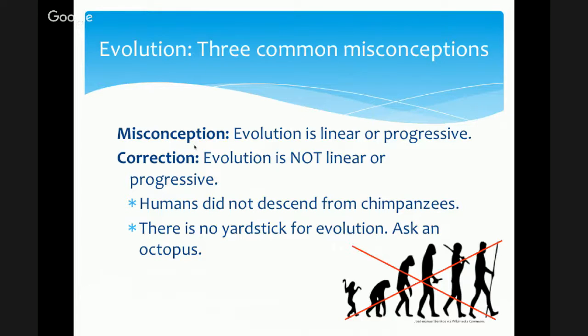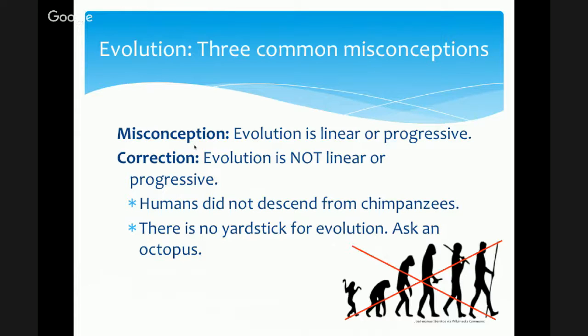Evolution is not linear or progressive. Evolution is not a ladder. It's a big, sprawling, heavily pruned mess. It's a bush. In fact, there's been some great stuff out just this week about human evolution in particular, that it's more like a braided river delta or a braided stream, because of all the interbreeding that would happen between these various hominin species. So it's not this simple trajectory of A morphs into B, morphs into C, that image can make you think of. That's what you think of when you see that.